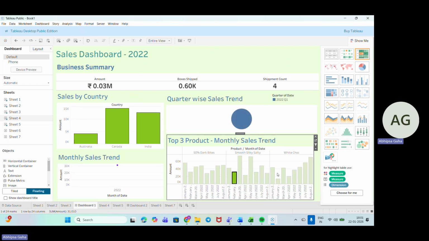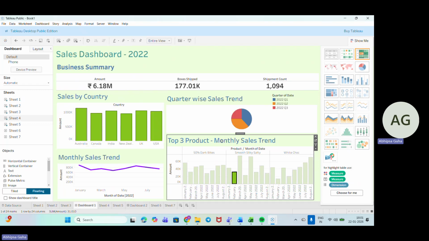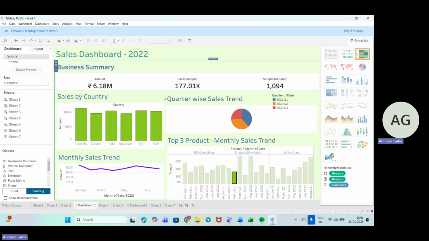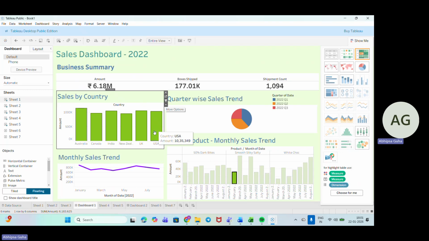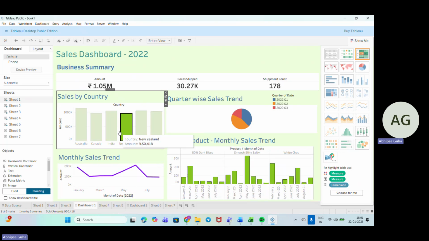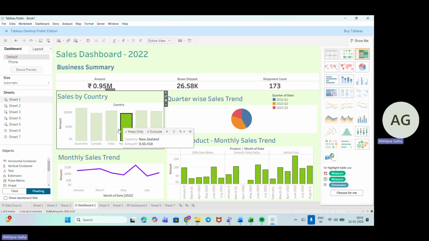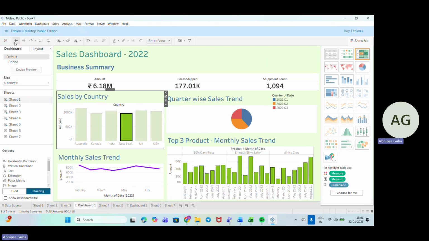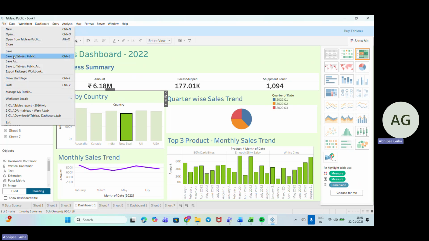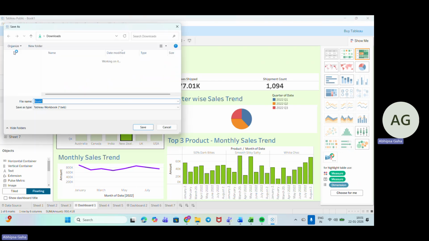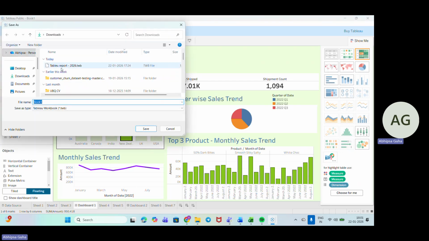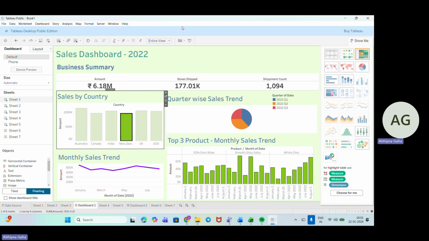Okay, so this is all about how to convert the charts into filters. This is the way we can add the charts as filters and see the trend, how things are moving. So this becomes an interactive chart in Tableau. Okay, this is how you need to create a chart. Now, once done, you have to go to File and save it to Tableau Public. Because if you save it as a Tableau report like this, my system won't be able to open it.